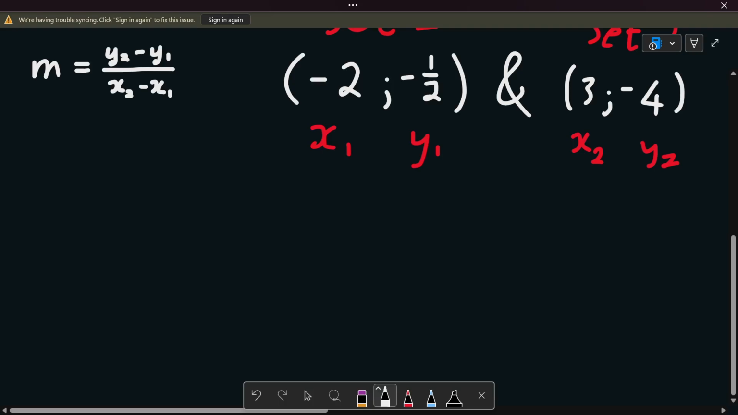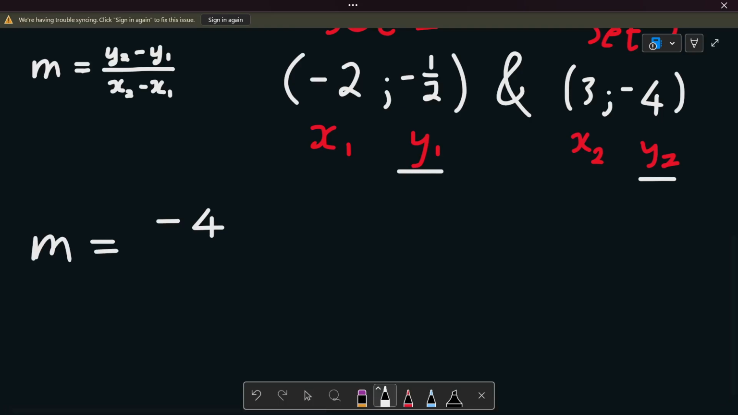Okay, so therefore we're going to have m, the gradient or the slope, which is equal to y2. y2 is equal to -4. And this is where it gets a little bit tricky, and I'm going to show you what you need to consider. Minus y1. y1 is just equal to -1/2. Now, remember the gradient formula is when you have y2 minus y1. But whenever we are minusing by a negative number, or whenever we are plugging a negative number into the gradient, please always remember to put a bracket here. So we're going to say this is -1/2